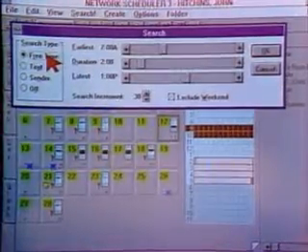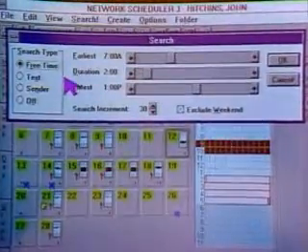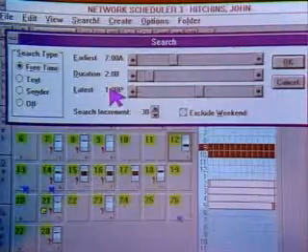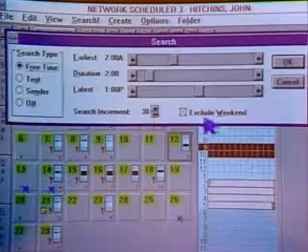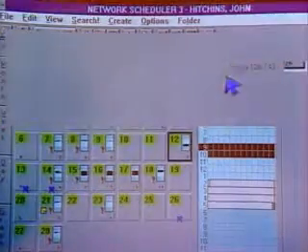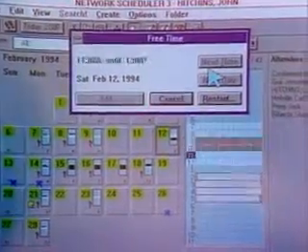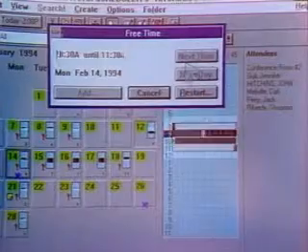Free Time Search. And what Free Time Search lets us do is set the parameters for the meeting that we want to have. When do we want it to start? How long do we want it to last? And when's the last time that we want it to happen? And we can also set some rules like search in 30-minute increments or skip the weekends. So now what the system's doing is going out and taking all those individuals in that resource's calendar and finding the first time that matches that. And it's going to come up with a time for us